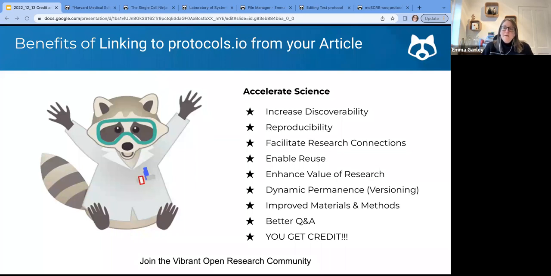push includes requirements for sharing of protocols and methods in there. Also, the federal move in America is pushing this way too. So there are lots of reasons really, but the best one is those selfish reasons of the enhancement to your own research practice and your research outputs, and the credit that you can get for making your methods available.